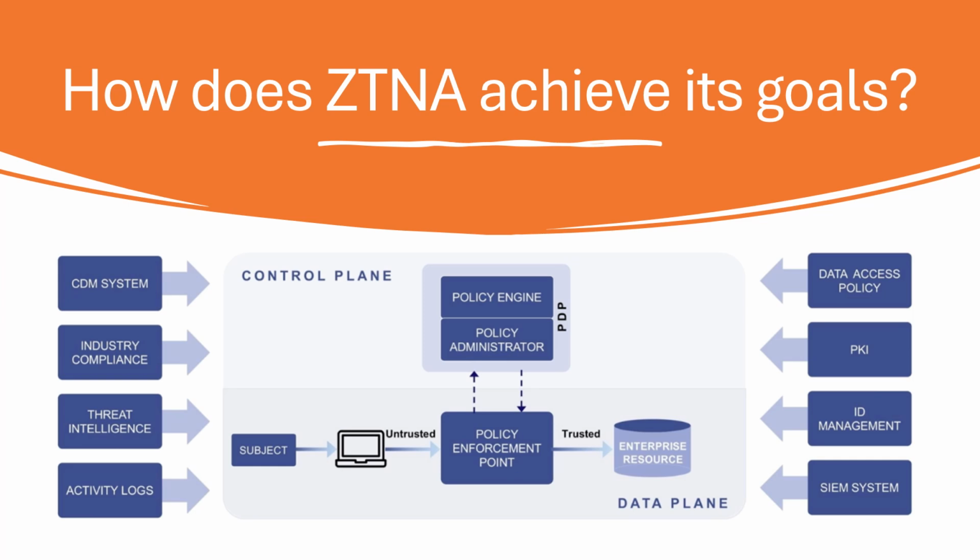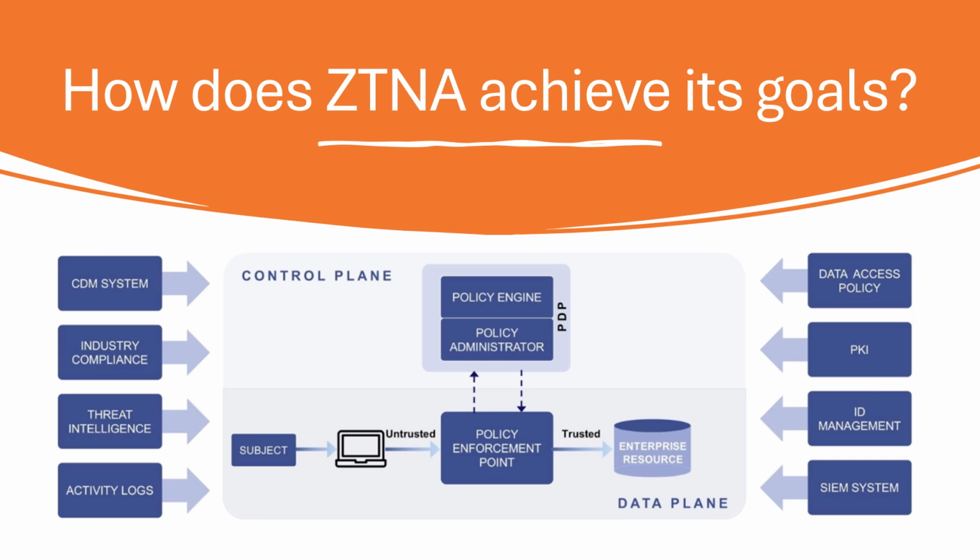The interconnection between the control plane and the data plane is critical for the effective implementation of zero trust. While the control plane ensures that all access is contingent on stringent verification, the data plane maintains the integrity and confidentiality of data as it moves through the network. This separation of duties allows for enhanced security and better performance, as each plane focuses on its specific role without being bogged down by the responsibility of the other.